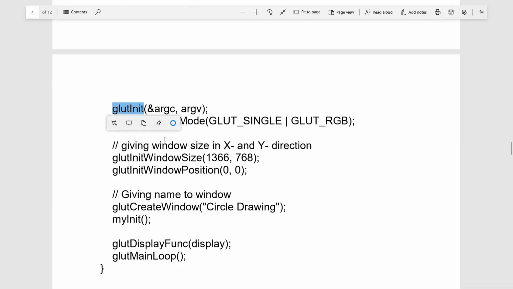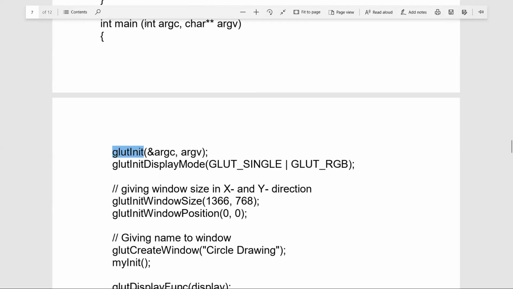So as glut is used, we need to initialize. As you know, we have used the command line parameters argc and argv, which are coming as the arguments to the main function. So the pointer to argc and the values of the argv pointer are passed on to this initialization function glutInit.